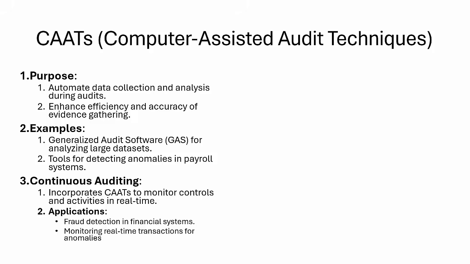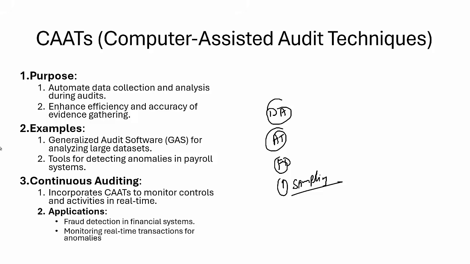Now, when we're talking about CAT, one of the first functions of CAT is called data analysis. We identify the patterns, we look for the trends, we look for the anomalies in operational data. The second is automation testing. It checks the compliance with the policies, procedures and controls. Third is fraud detection. We are able to flag suspicious activities like duplicate payments, unauthorized access or unusual transactions. It can also help you with sampling, in selecting representative samples for testing. And with the help of CAT, we can do continuous auditing.